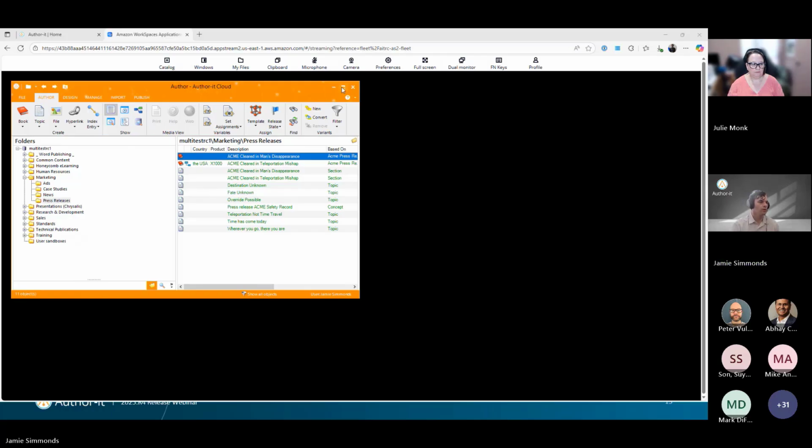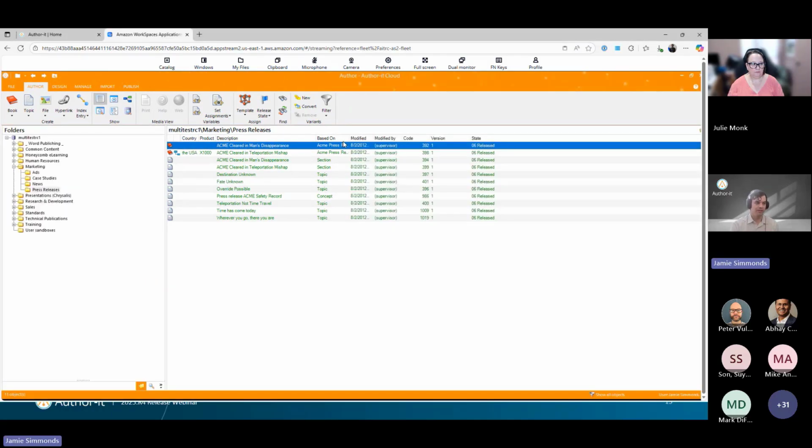And we're in. Once you're in, this looks and feels like a very similar experience to the old method